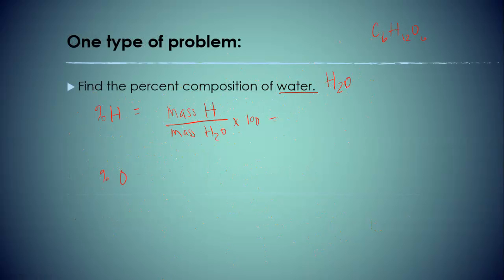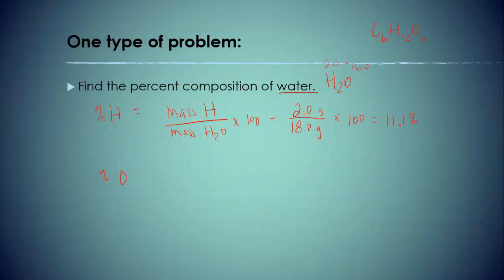So the mass of H in H2O. Now this is where, like we've been doing with the molar masses, we're going to use that exact same thing. The mass of the H's in this is 2 because hydrogen has a mass of 1.0 and there are 2 of them, so that would be 2.0. Now if you find the mass of H2O, that's going to be 2.0 for the H and 16 for the O. I'm using my reference table to come up with these just like we've been doing. So if you add those together, you'll get 18 grams. So we're going to divide that and multiply our answer by 100. If you put that in your calculator, you should end up with 11.1%,